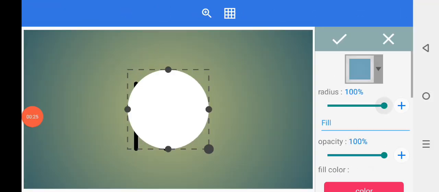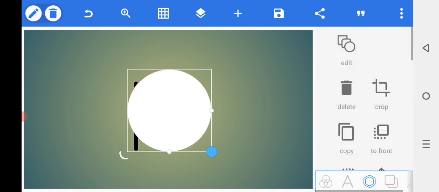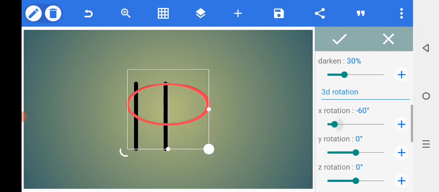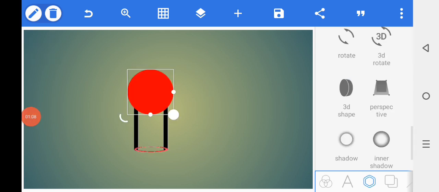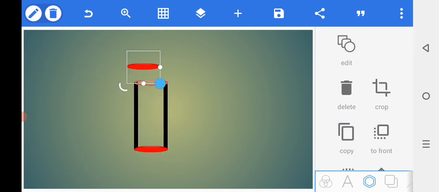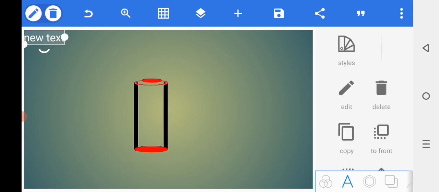Then select another shape, change the color, adjust the shape, select the erase color, select the 3D shape, extrusion, duplicate the shape, select another shape, change the color, select the 3D shape, duplicate the shape, select the text edit, select